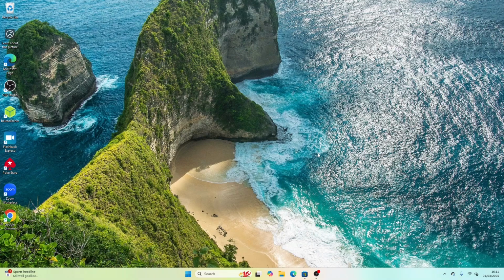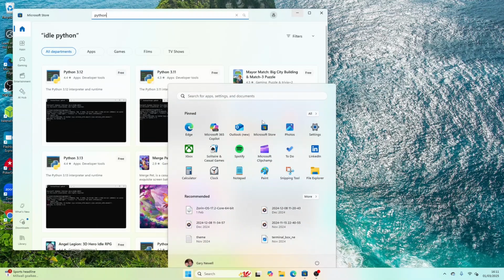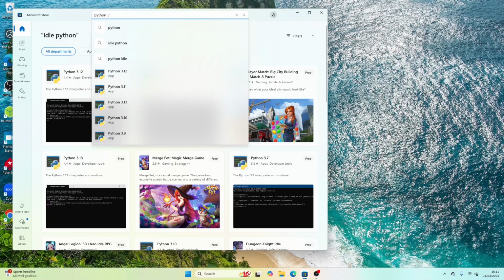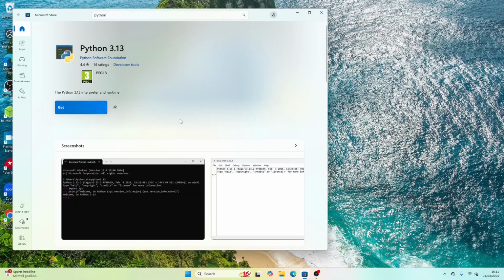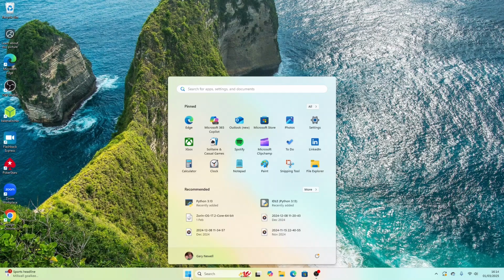If you haven't got Python installed, if you're using Windows, go to the Start button and then go to the Windows Store. It's usually highlighted there, and then we're going to search for Python, and I believe the latest version is Python 3.13, and you can just click Get. When Python is installed, you can close the Windows Store and go to your Start button and type Python,